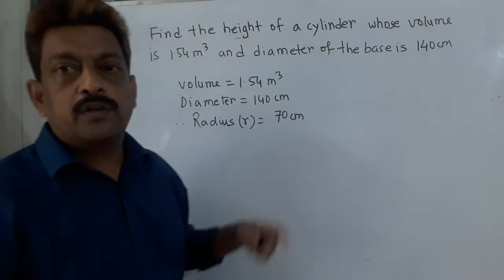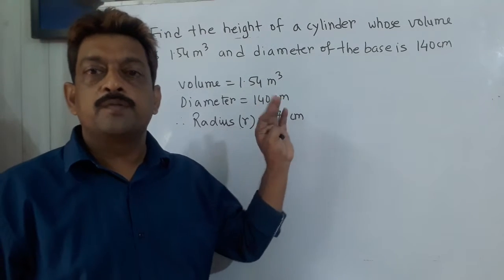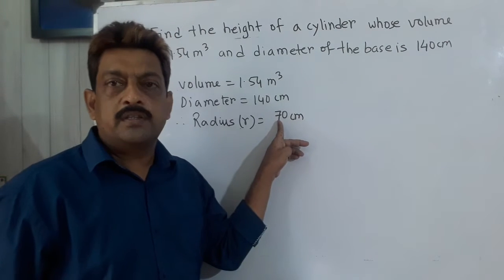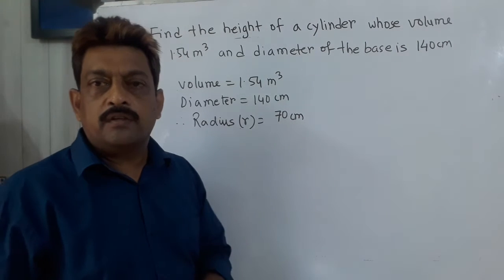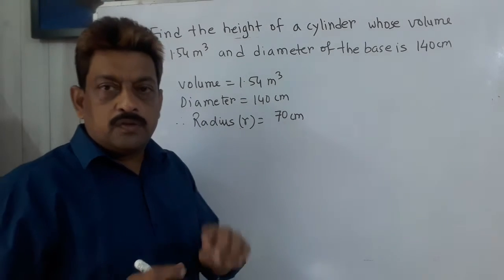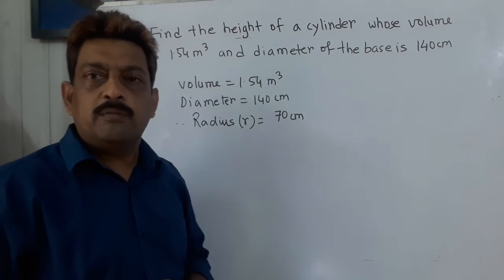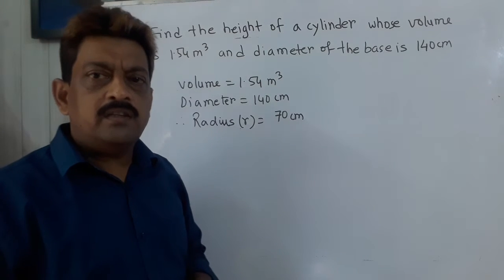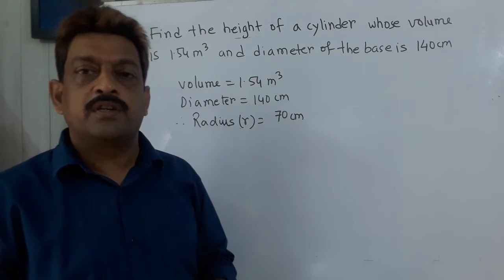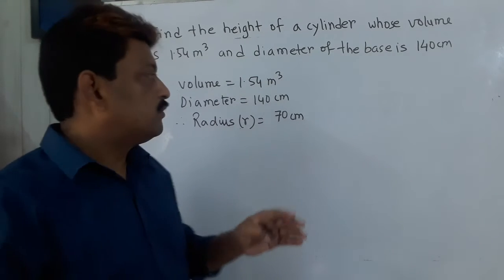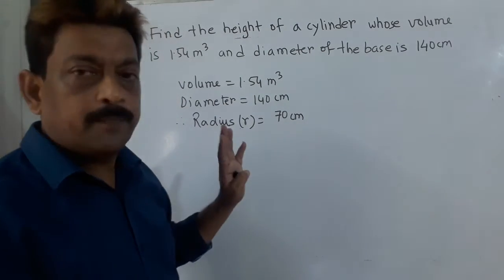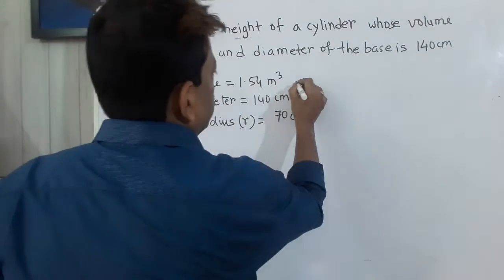So it is better to convert the volume into centimeter cube to avoid decimals, because if I convert this centimeter into meter, then there will be a case of decimal and one more decimal is here. So the calculation of decimals will become critical. To make it easy, it is better to change this meter cube into centimeter cube. But if you wish, you can also change centimeter into meter. Okay. So I am changing the volume into centimeter cube.